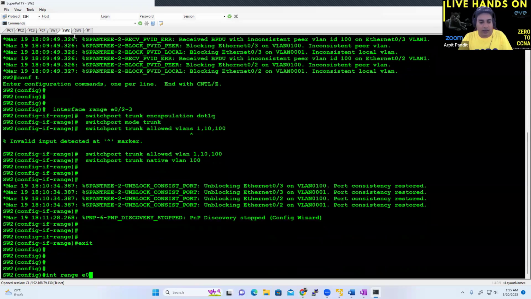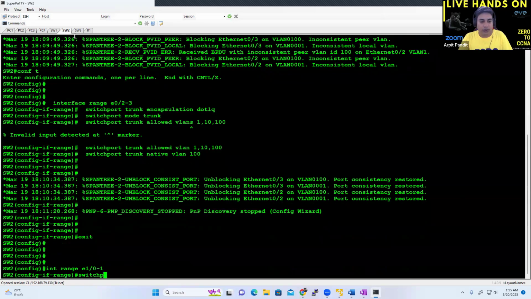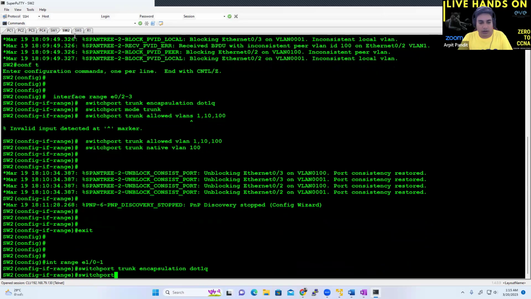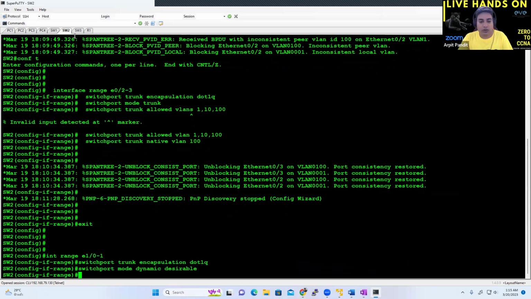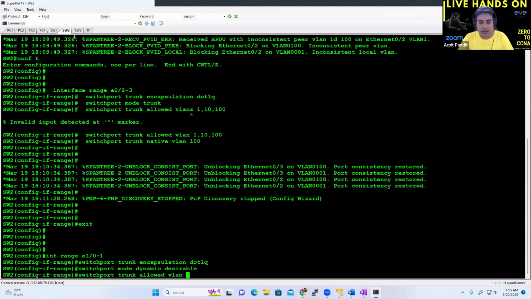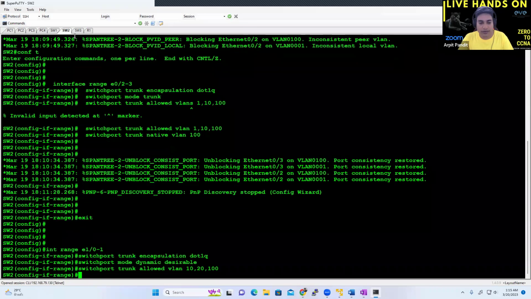Interface range Ethernet 1/0-1. So switchport trunk encapsulation dot1q, switchport mode dynamic desirable. So this should be the active negotiator. And then switchport trunk allowed VLAN should be 10, 20, and 100, right? Finally, switchport trunk native VLAN